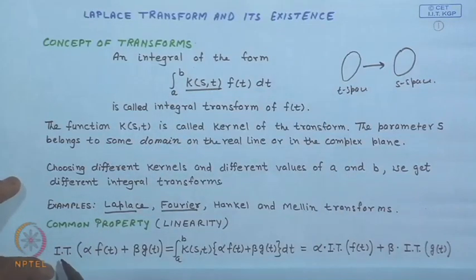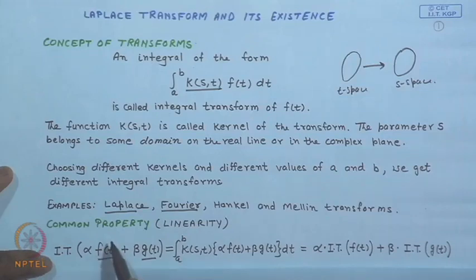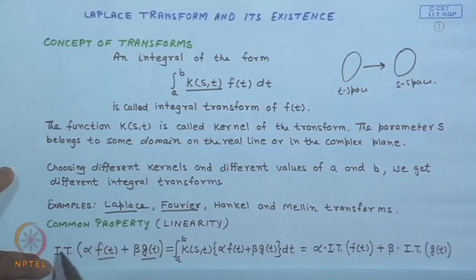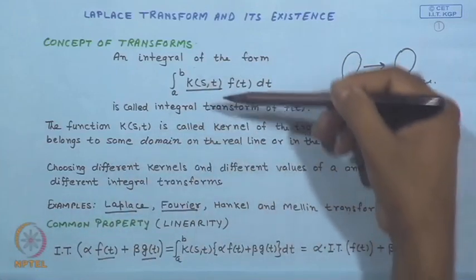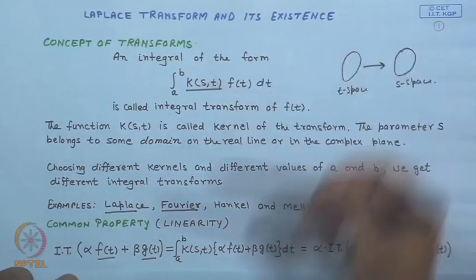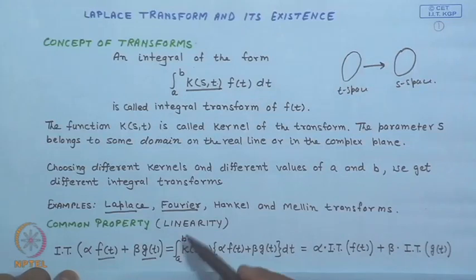If we apply an integral transform to a linear combination of two functions, and we can take n functions here, but for simplicity let us take two functions f(t) and g(t), that is alpha f(t) plus beta g(t), where alpha and beta are constants, then by the definition of this integral transform we have the limits from a to b